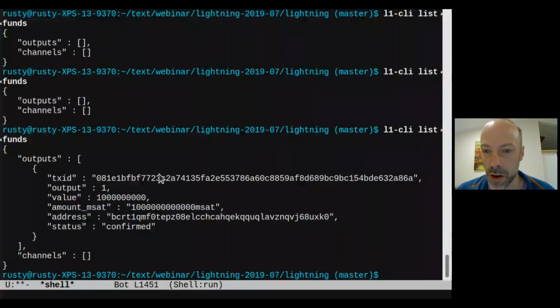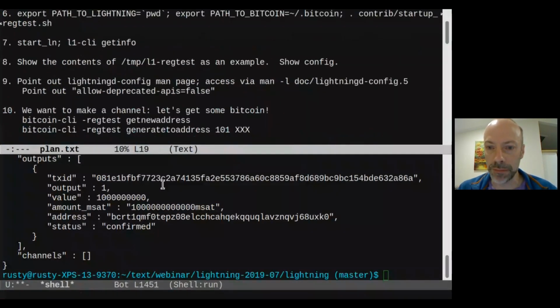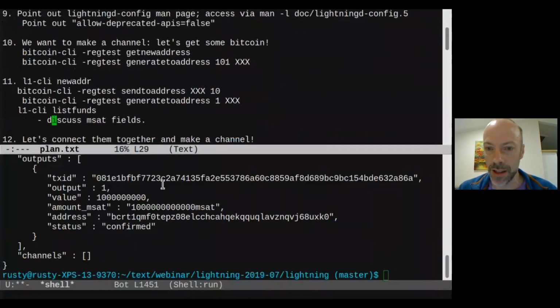Okay. So here we have 10 to the 9, or a billion Satoshis. But inside the Lightning Network, we denominate everything in millisatoshis. So we have a trillion millisatoshis to play with. Well, that should be plenty. Okay, so if we switch back to our plan,